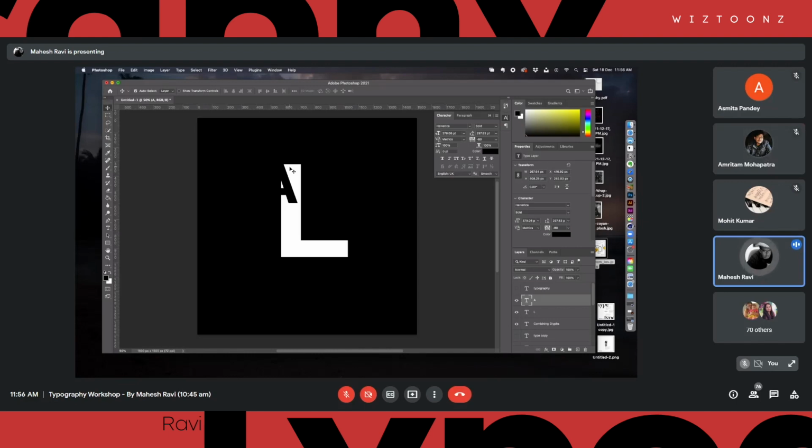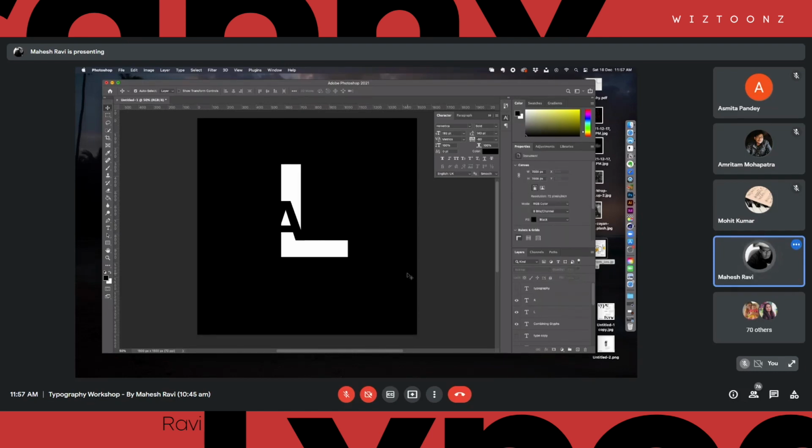The positive space in this design is the L, so it is interacting in here. Let's say we want to create a logo for LA, Los Angeles. You're going to do something like this, and if I bring this a little closer, maybe I can create a pretty interesting combination here.